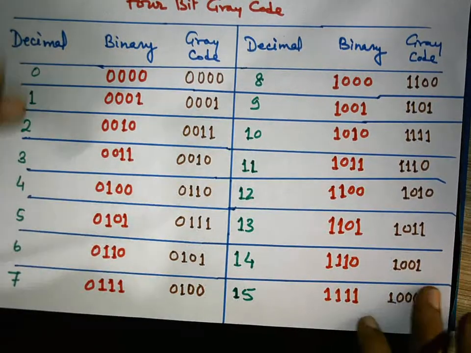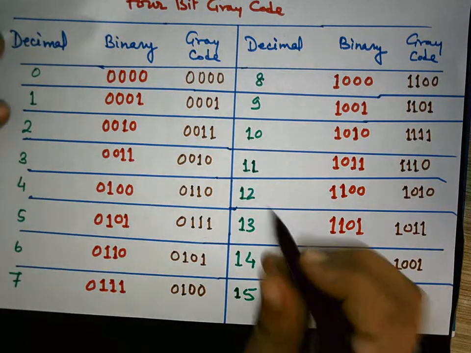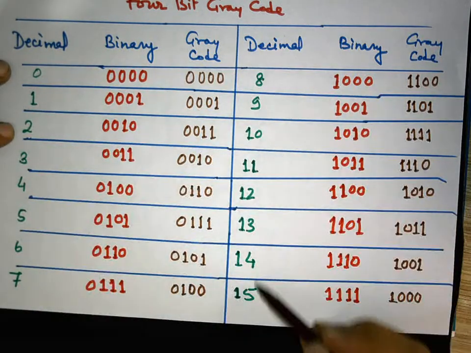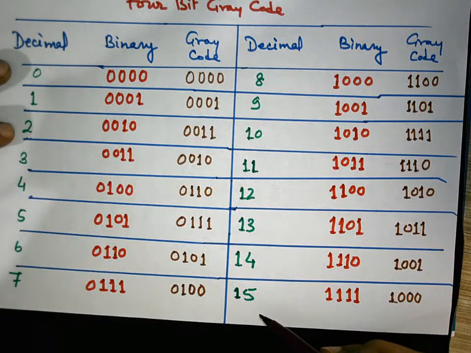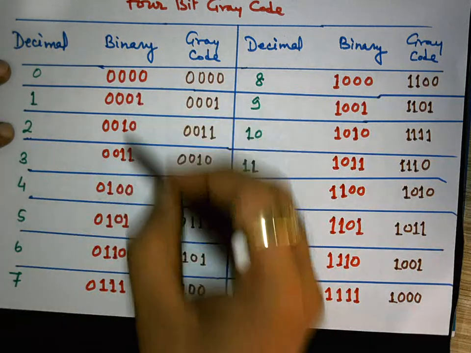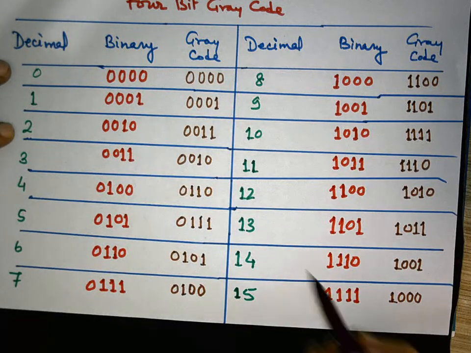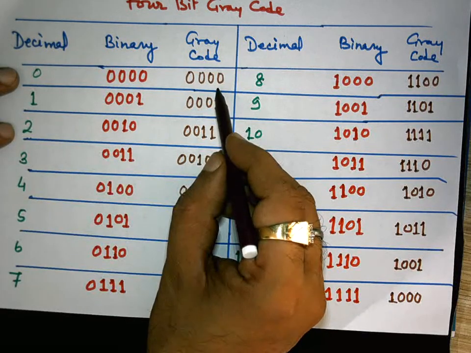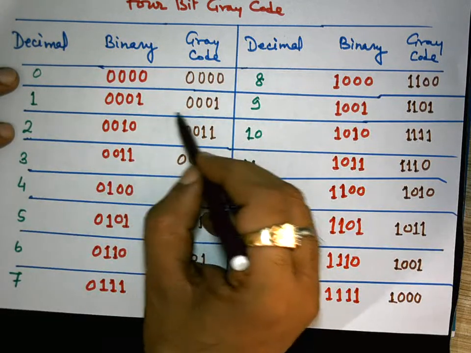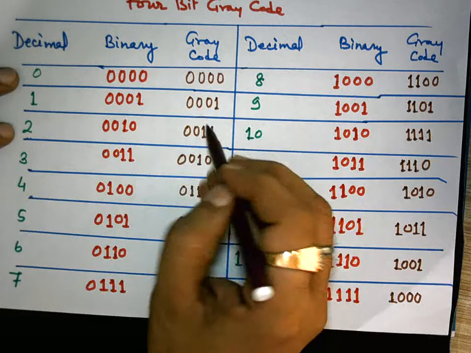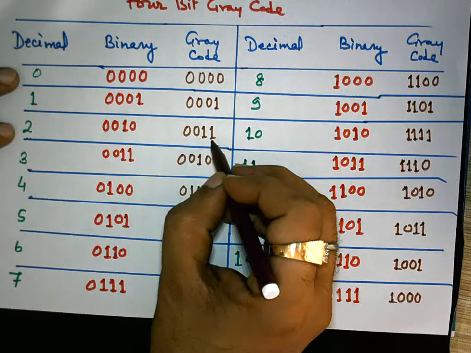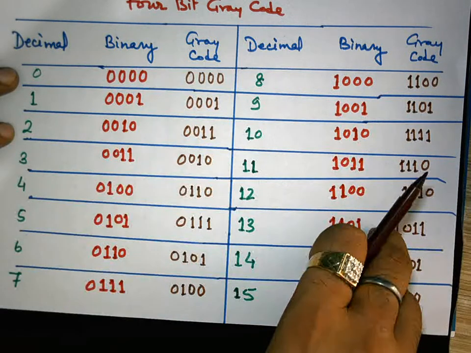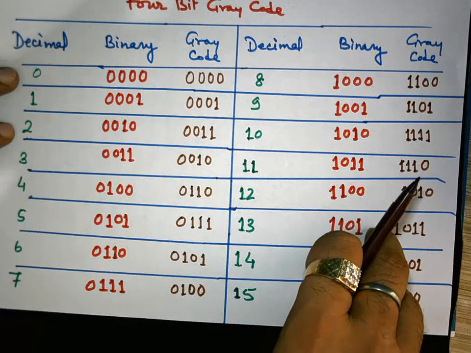This is a 4-bit Gray code pattern. I have written the decimal values from 0 to 15, the corresponding binary patterns, and then the Gray code sequence. Gray code for 0 is 0000, for 1 is 0001, for 2 it is 0011. So it is using all the earlier 16 combinations of 1 and 0 patterns which were used for 4-bit binary